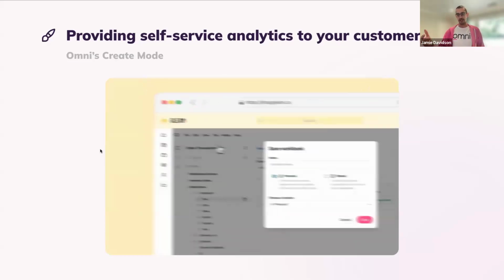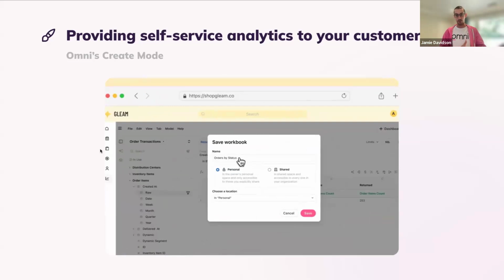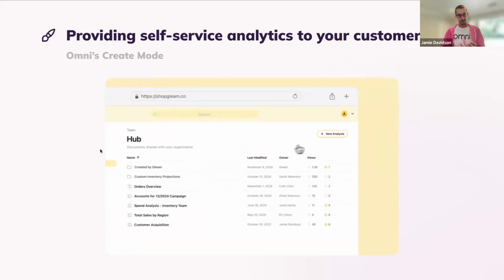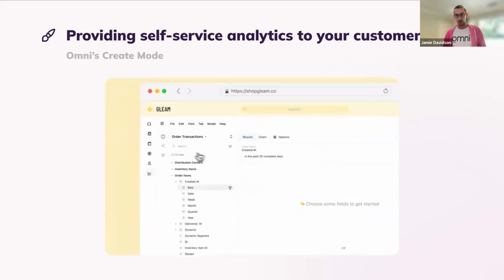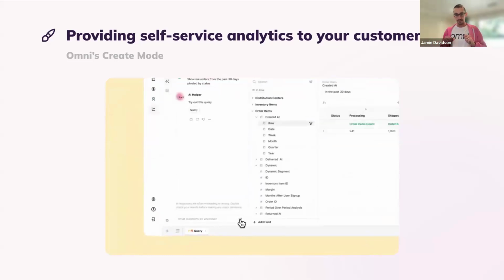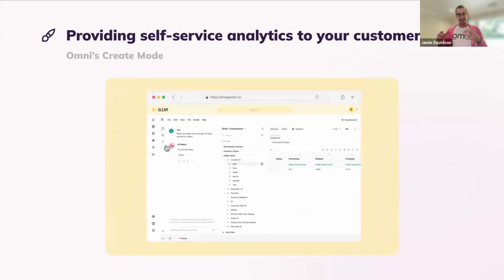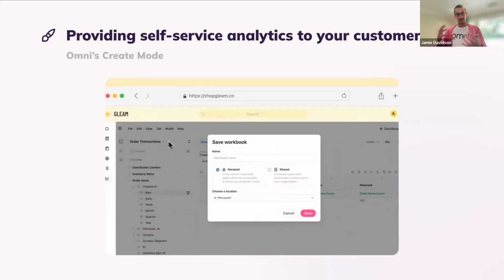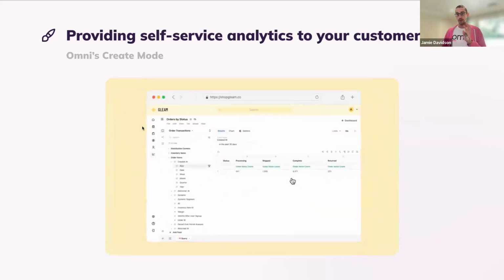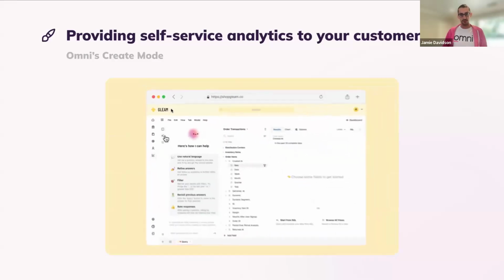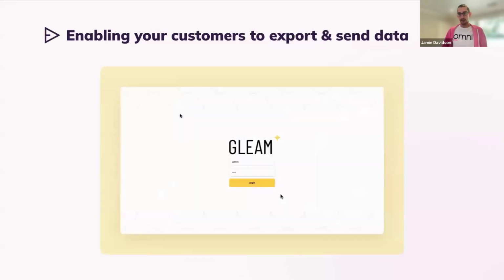The self-serve analytics allows you to do it, and it basically brings the entire power of a full BI platform into the context where it's a curated experience for your end users. And this is our create mode inside our embed product too, to give your customers, maybe a premier tier inside your SaaS application, the ability to go and ask some questions. Maybe it's something that's absolutely core to a monetized data product as well, where you've got data assets that you want to help your customers find value from and understanding.